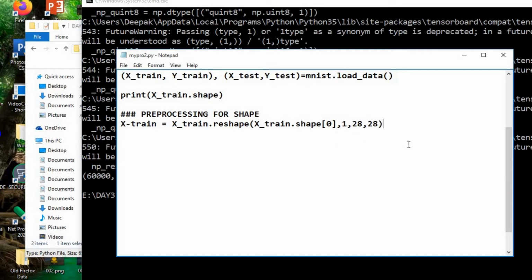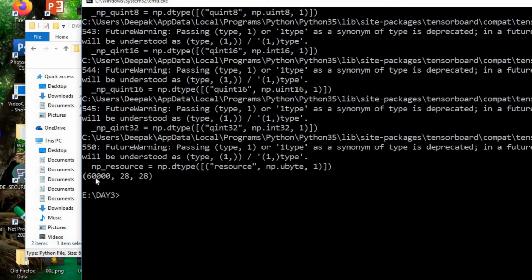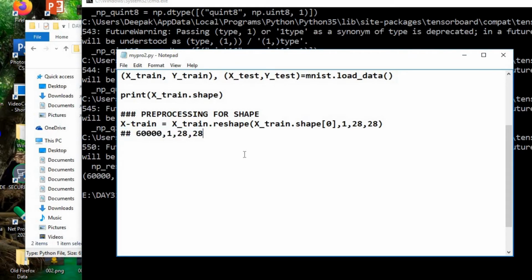So the second input should be the number of channels, and the third should be the size of the image. So 60,000, 1, 28 by 28. This could be considered a tensor of the input train data, because the input data has 60,000, 28, 28, which we have converted into 60,000, 1, 28, 28.